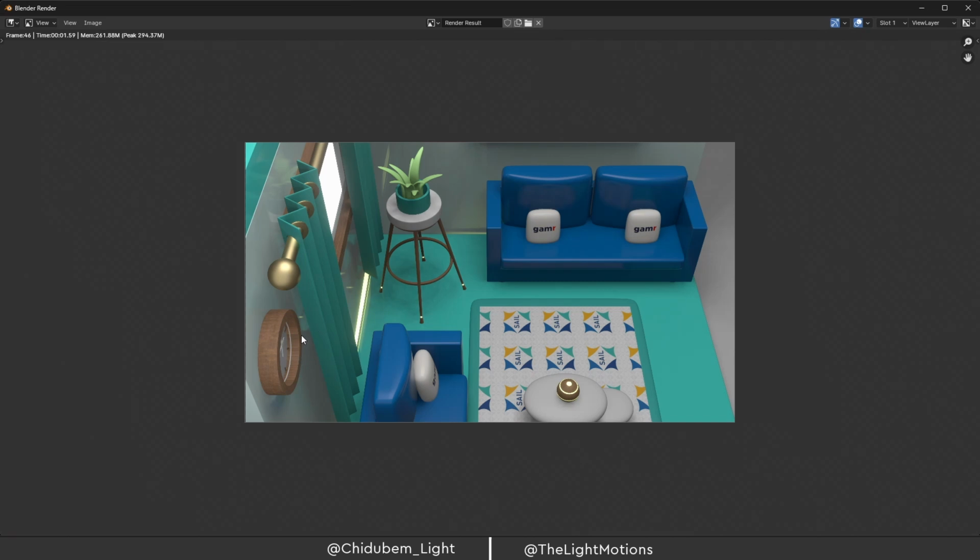Now you can see there are many things like this that could have been better. This rendering could have been better, but I don't want to overload you people with too much information. The UV mapping here could have been better, but